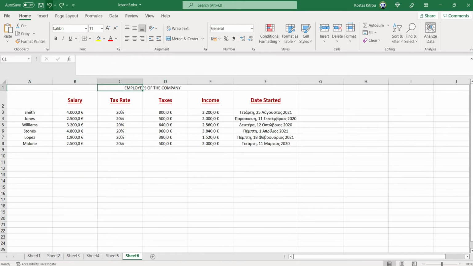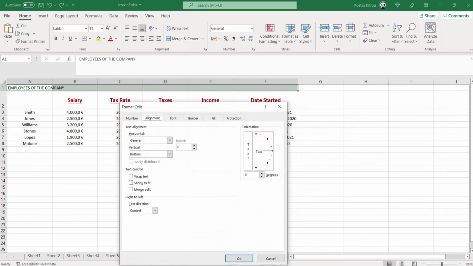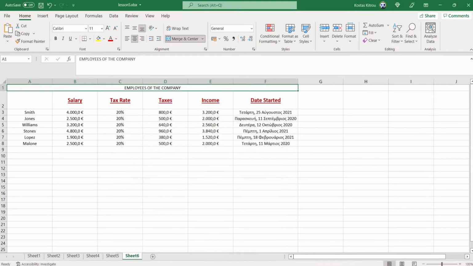I will undo until "employees of the company" goes back to A1 as it was, and now I will select A1 to F1 again, right click, format cells, and center across selection like previously, but now, as well as this, I will click merge cells, and now I click OK. So now the result seems to be the same, but what has actually happened is that now